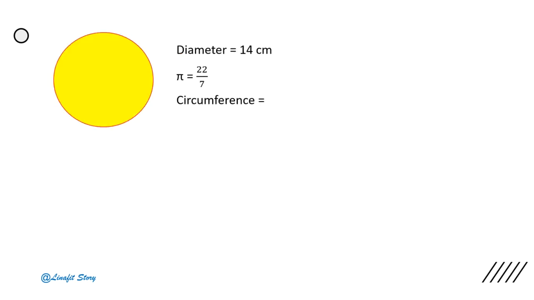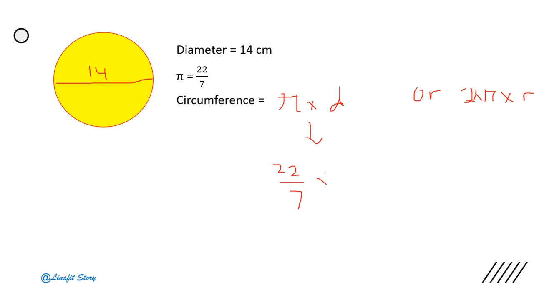The diameter of a circle is 14 cm. If pi equals 22 out of 7, find its circumference. So the diameter equals 14. Remember the formula? Pi times diameter, or 2 times pi times radius. So we may use this formula. So 22 out of 7 times the diameter, which is 14 cm,